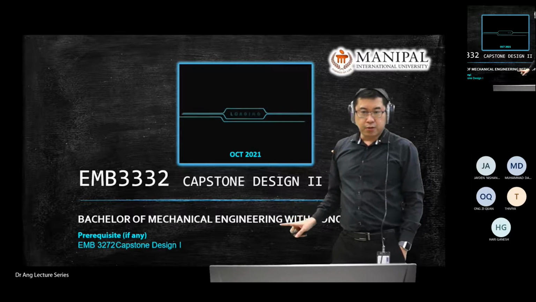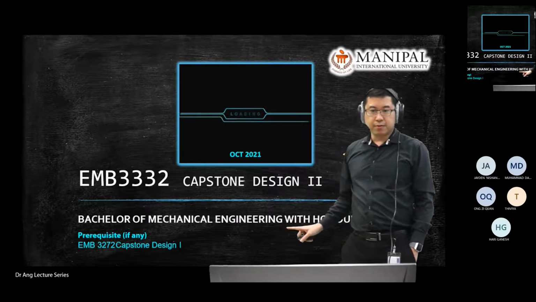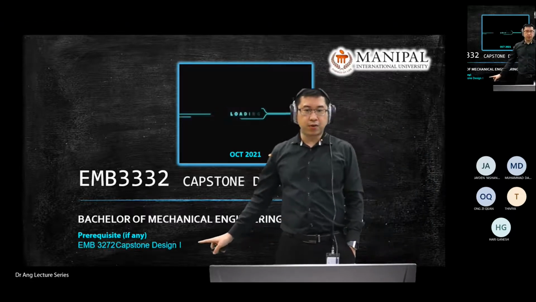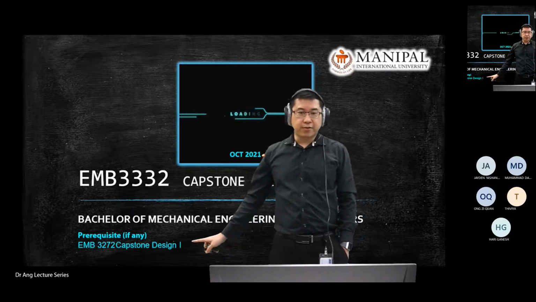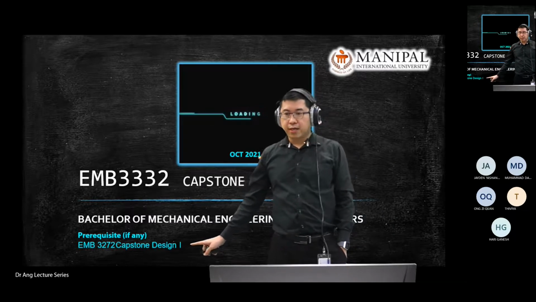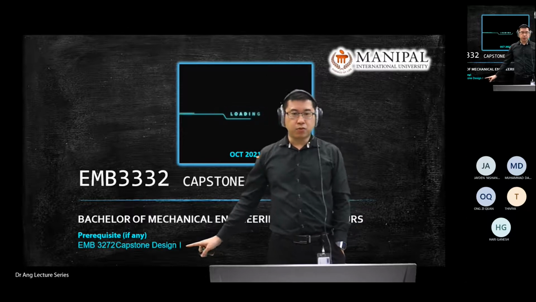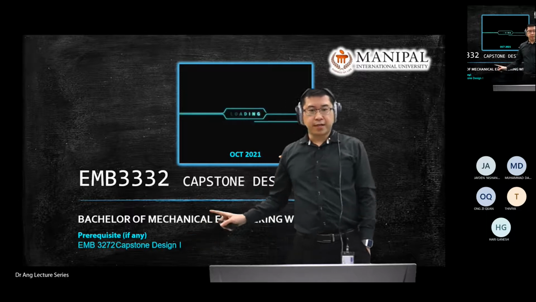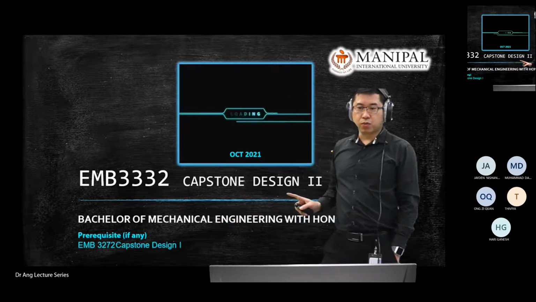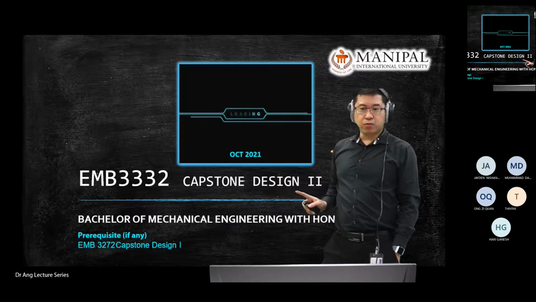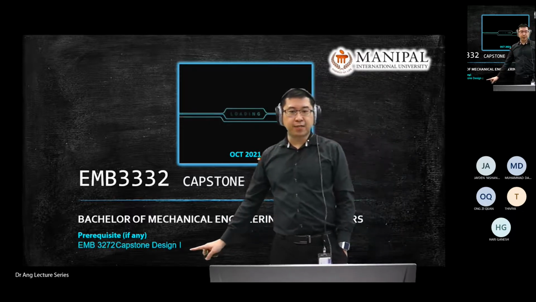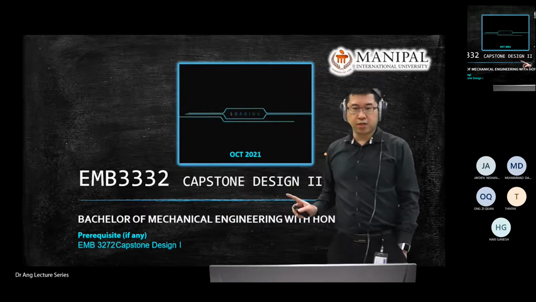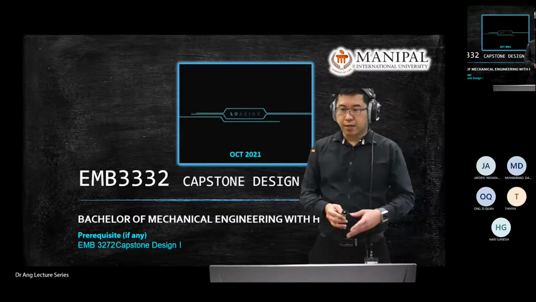And I assume all of you are from the mechanical engineering department, and make sure you have already cleared your Design 1. Make sure you already get your results for Capstone Design 1. If you haven't gotten the results from the school, make sure you get the result by this week. Okay, make sure you already passed this one. Then only can you proceed to Design 2. I don't want you to proceed with Design 2, then only find out you haven't passed this one, and then you waste your time on Design 2. So this is what is going to happen.